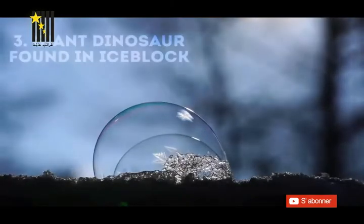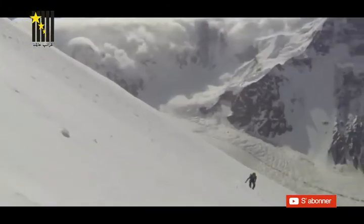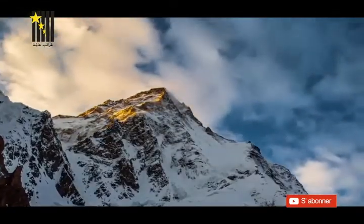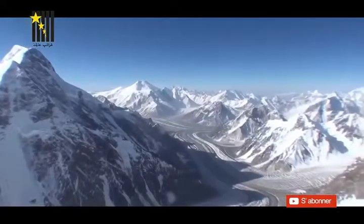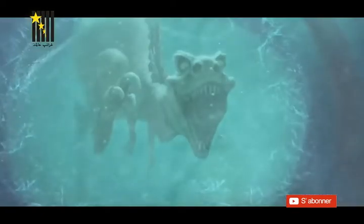Number 3. Giant dinosaur found in ice block. Paleontologists working on top of a frozen Antarctic mountain have extracted a rock and ice fossil popsicle encasing the remains of a massive, previously unknown dinosaur. They used jackhammers, rock saws, and chisels at a punishing 4,200 meters to unearth the dinosaur, which represents a new